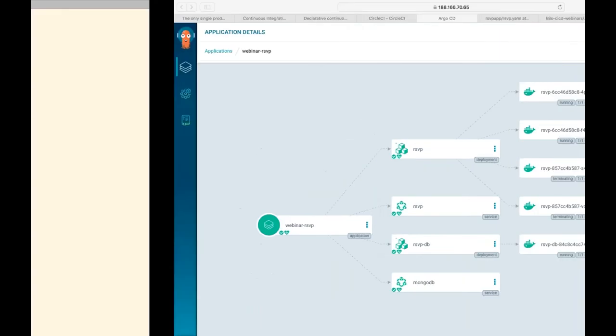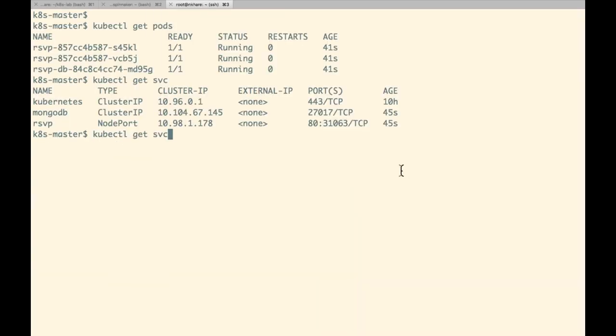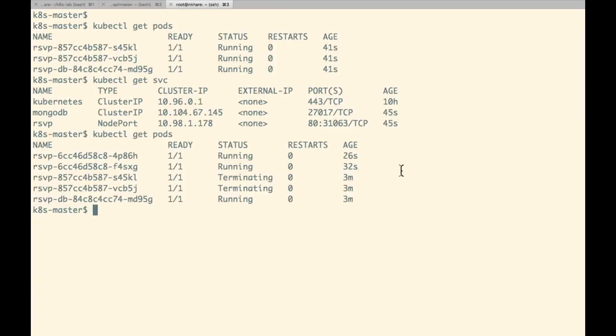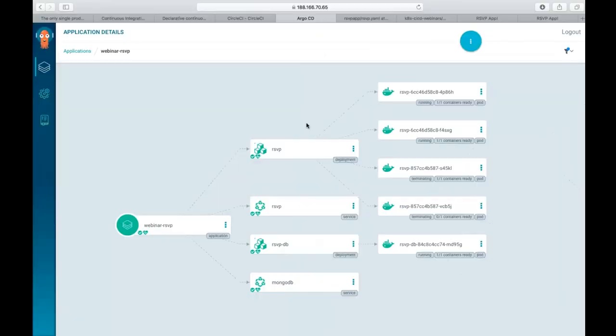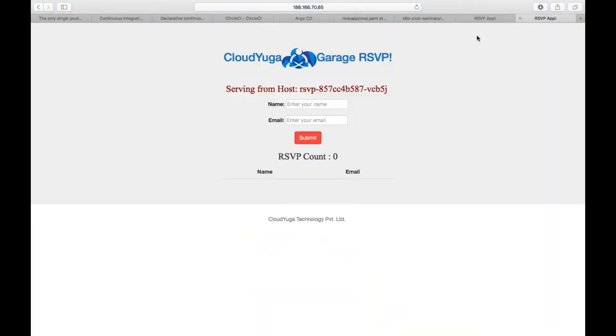are getting terminated. So if I go back here and check get pods, you would see my older pods, the pods with the other images, are terminating, and my new pods are coming up now, right? And if I look at the application, hopefully there is some change which I could show.